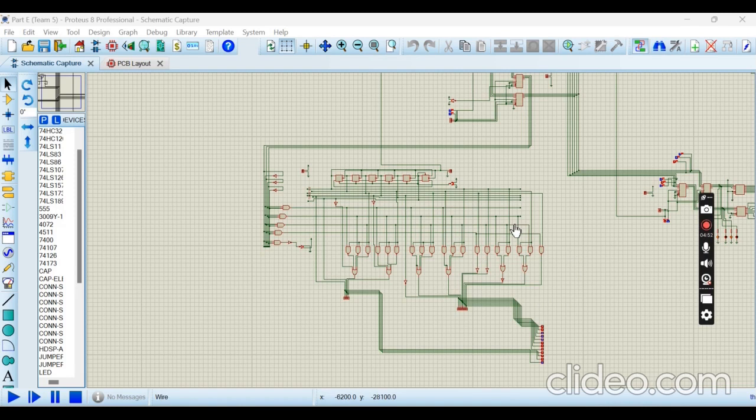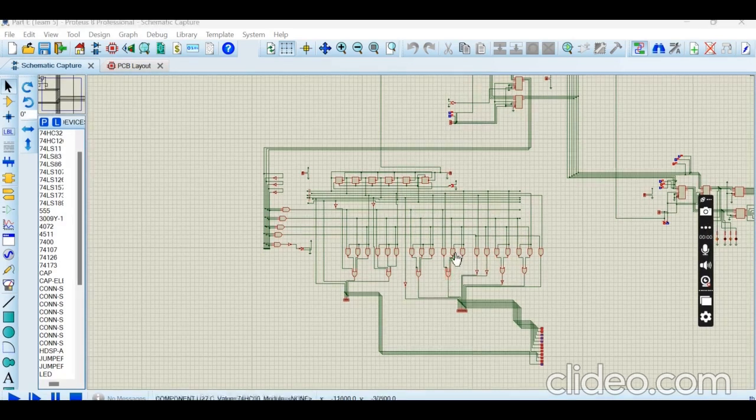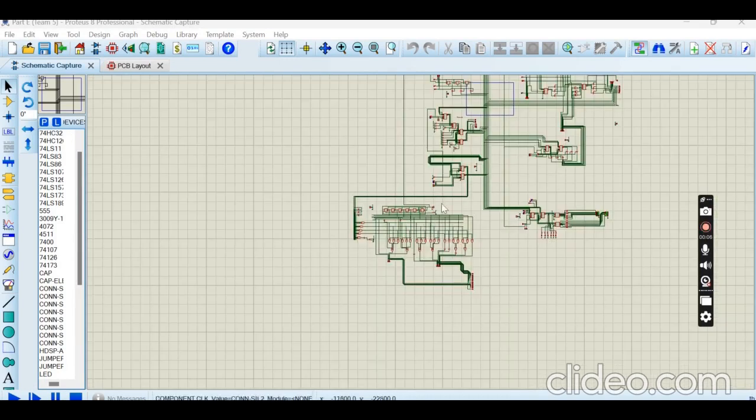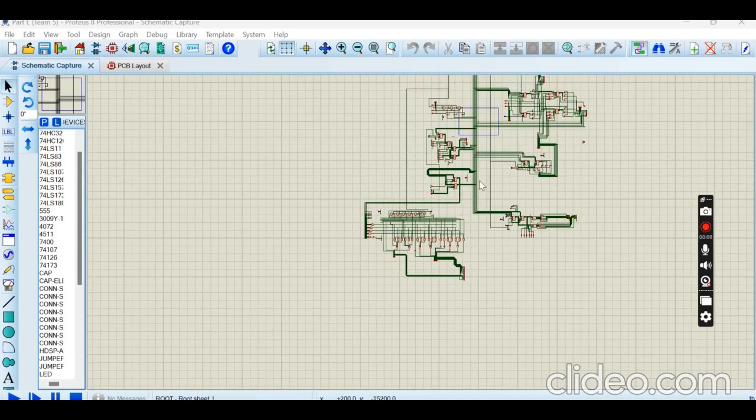So therefore, this will be the end of my presentation. I hope you learned something from the whole presentation. Therefore, this is the end of my presentation on this SAP 1 6-bit design,